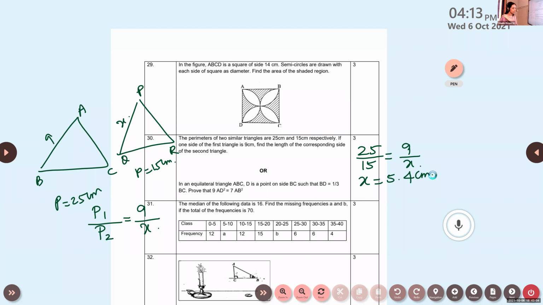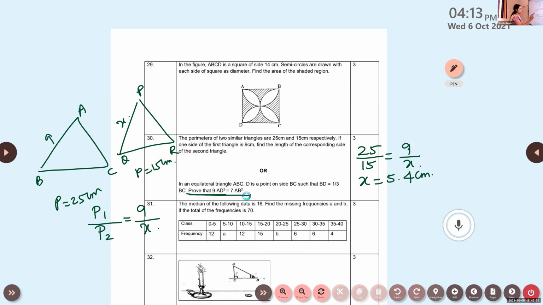If two triangles are similar, then the corresponding sides are proportional. Okay, and it will be proportional to the perimeters. The medians are also proportional. Altitudes are also proportional. Okay, and this is a standard question. We have learned this question, isn't it? Proof. For the exam, if it is asked for MCQ, no need to write the proof.